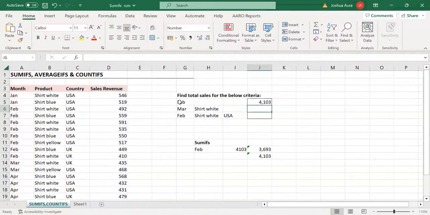And I'm getting 4,103, the figure that we really got here manually. Now, I would want you guys to do me a favor by sharing your